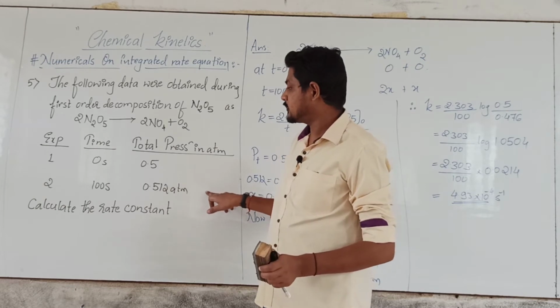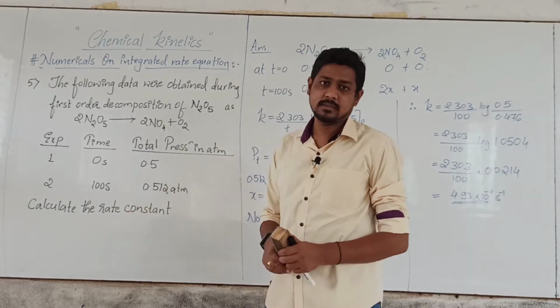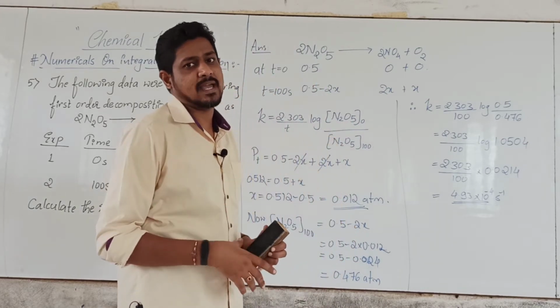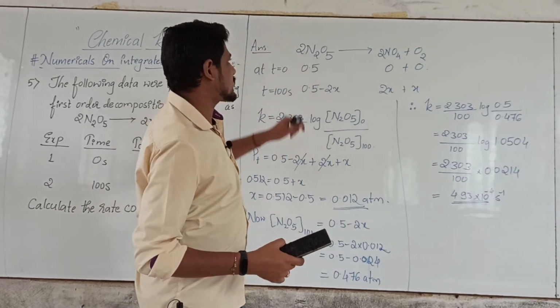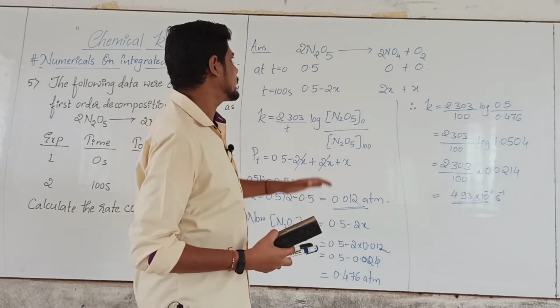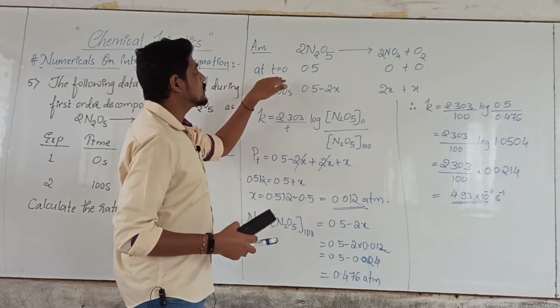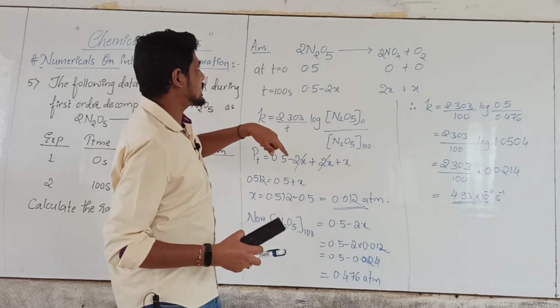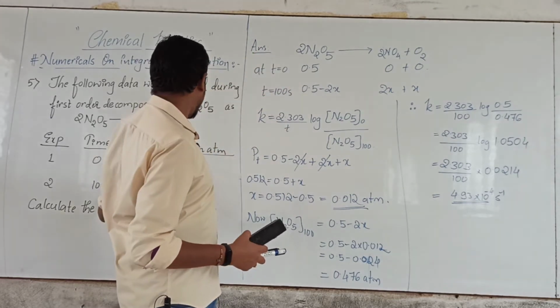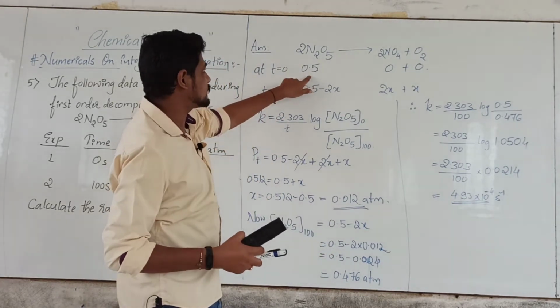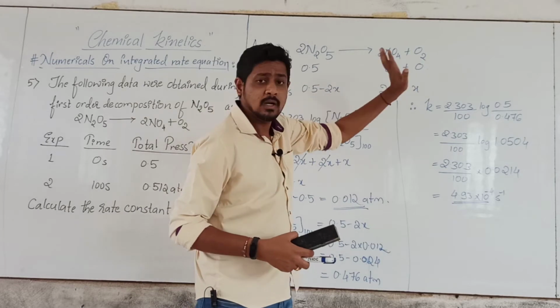What we have to calculate is the rate constant. Remember, whenever a question is asked on a gaseous reaction, first we have to write the reaction like this. Again they will be giving it. So the reaction we have written. Initial pressure means when the time is 0, what is the pressure exerted by nitrogen pentoxide? They have already given it as 0.5 atmosphere, so 0.5, and these two will be 0.